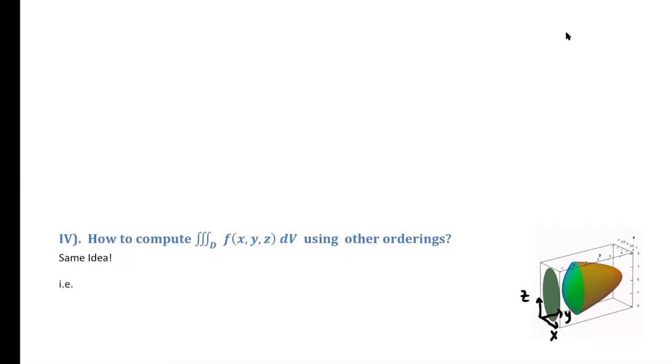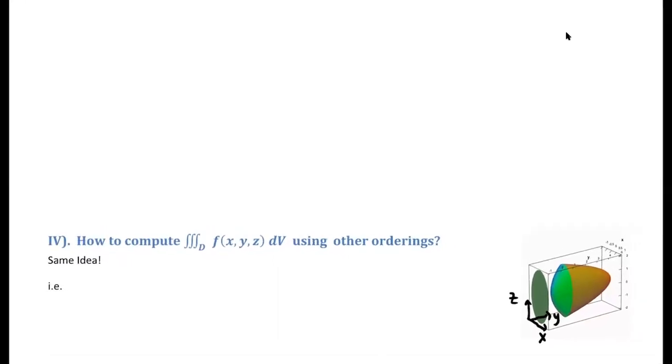Now we're going to look at how we could set up triple integrals using orderings other than just dz, dy, dx. And when you might want to do this, I have a sketch here of an example where this might be useful, is if you had a similar shape to what we did in example one, but it's just rotated on its side. And in this case, if we wanted to set it up analogous to what we did in example one, it would make sense to integrate by first freezing both z and x and shooting this arrow parallel